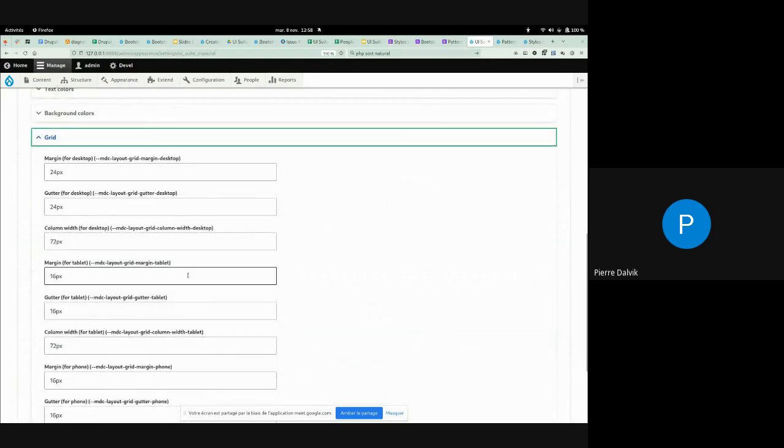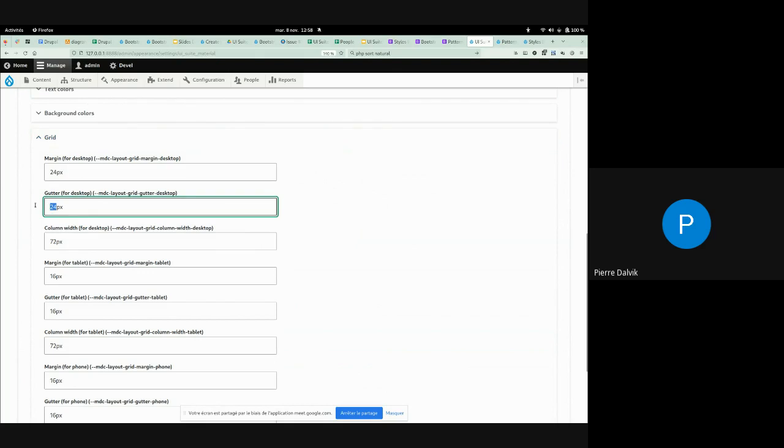for every breakpoint, called desktop, tablet, and phone. I can change the margin size, the gutter size, and the column width. So let's take, for example, the gutter size. Let's go from 24 to 96. But first, before doing the change,